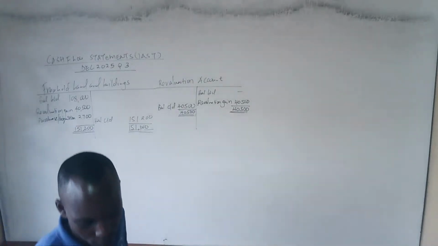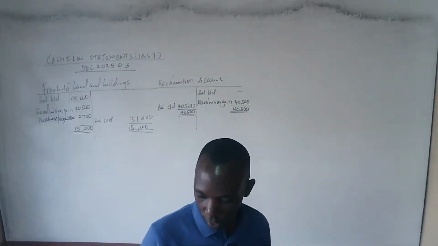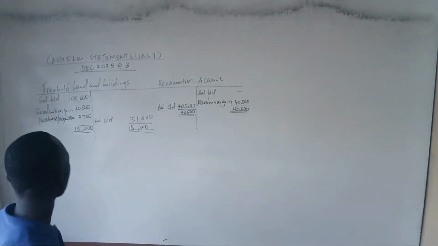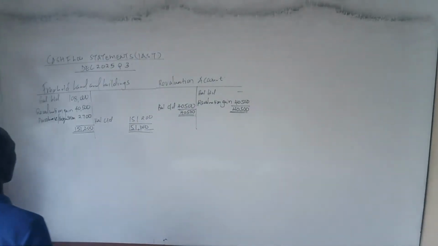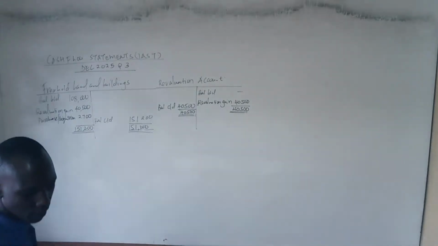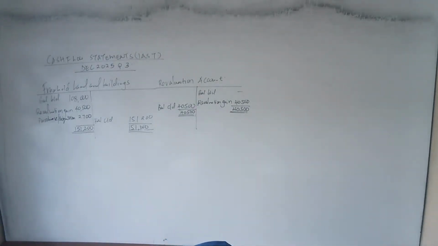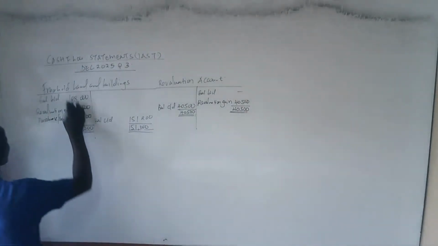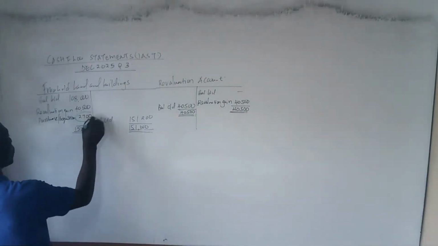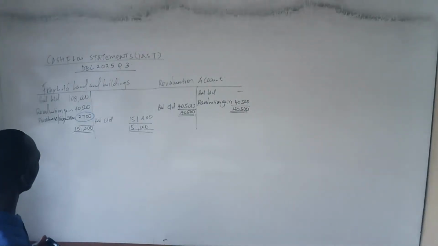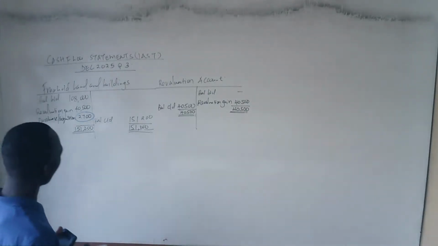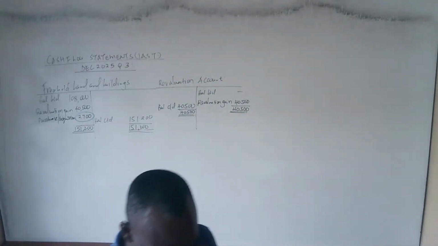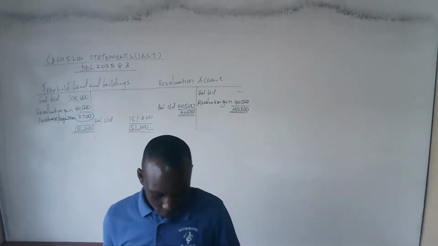2,700. So this 2,700 will go to the cash flow statement under what we call the investing activities cash flows. Meaning that in this case, you have invested more on freehold land and building. So this amount will go to the cash flow statement under investing activities. So the first item is adjusted.